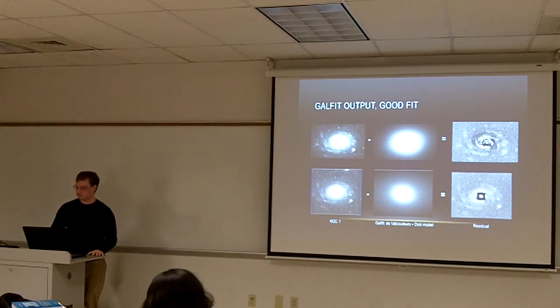I had a couple questions. Are your data saturated? No, they're not. The other question is, what happens when you run GalFit plus whatever other routines are in your pipeline on images of the same galaxies from other telescopes like Sloan or the Digitized Sky Survey? Like for this galaxy, if you download a DSS image and run your code, do you get the crazy results? I haven't tried it with other data sets, same galaxy. I would need to be careful though to make sure that they had a similar